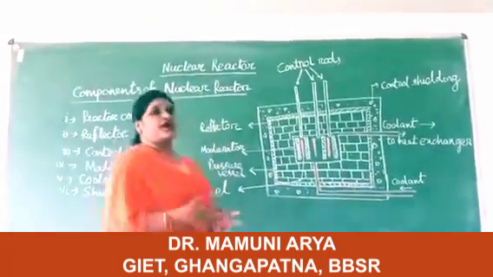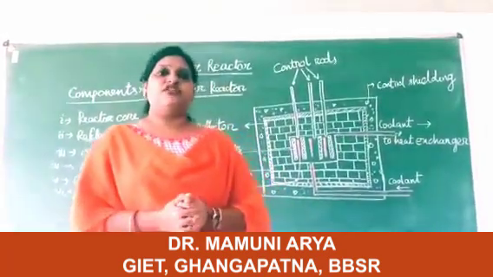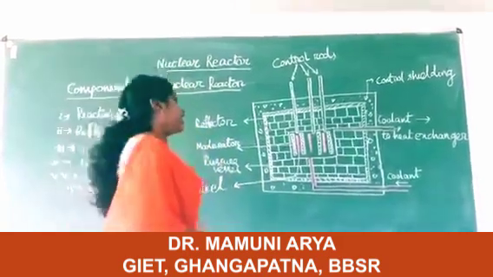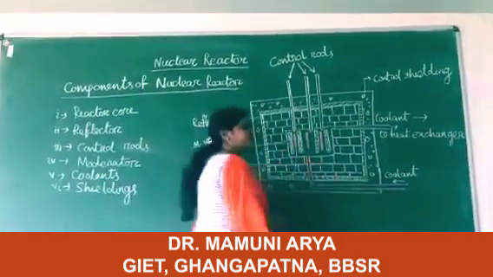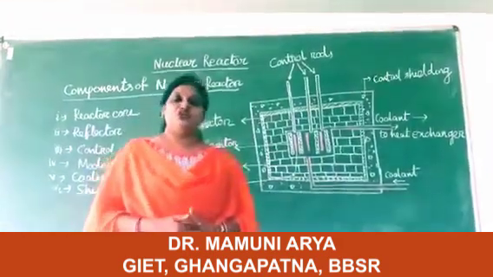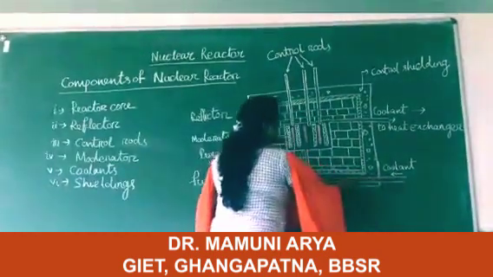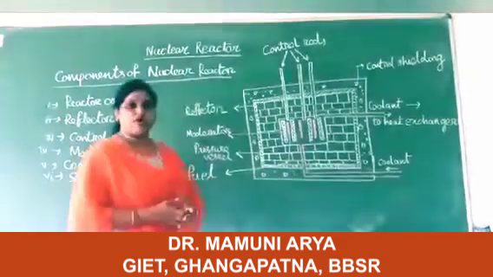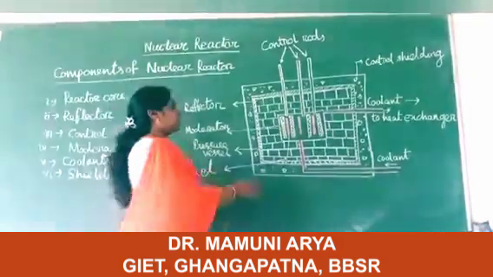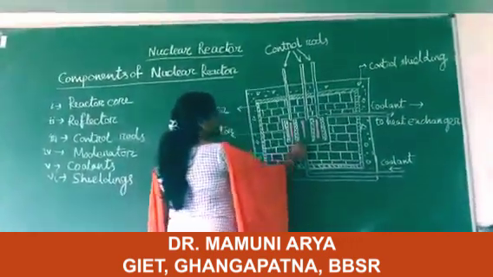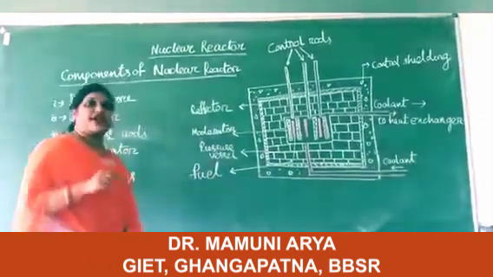So how can we absorb the heat energy from the nuclear reactor? A coolant is provided. Generally, the coolant material is D2O or heavy water. The coolant is provided so that the heat energy is absorbed by the coolant. A coolant is provided to the nuclear reactor core where actually the